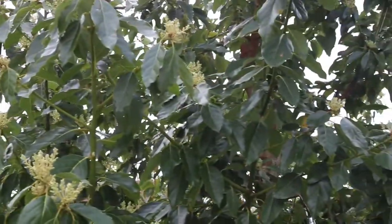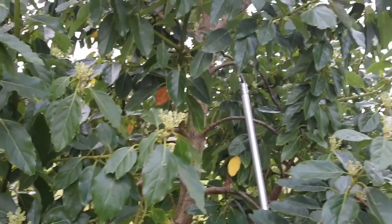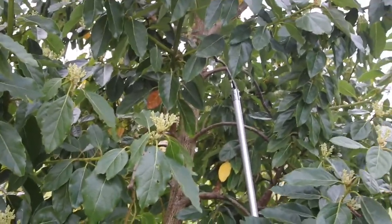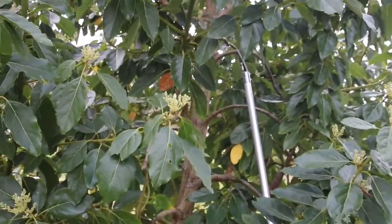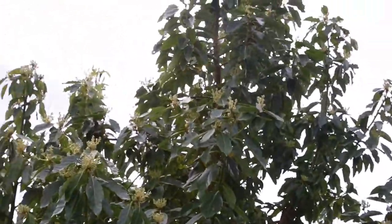So I'm actually not going to prune this particular avocado tree right now, because I don't want to cut off the blooms. When you do prune avocados, you want to prune them immediately after harvest. You want to prune out the wood. Essentially, when you prune an avocado, you want to pretty much be able to reach the fruit without being